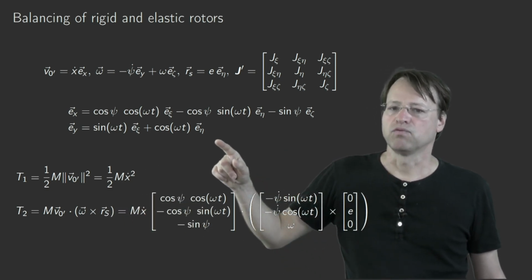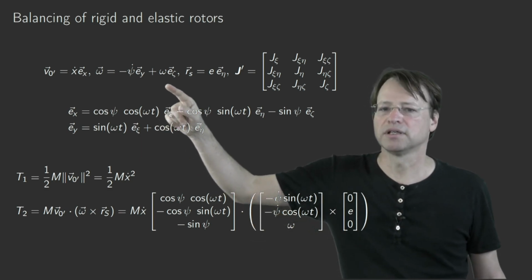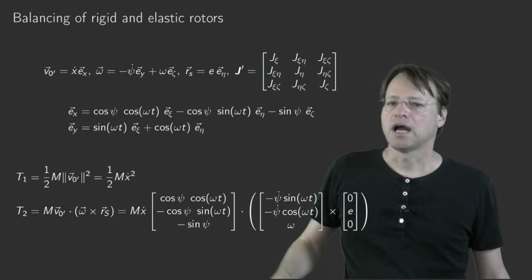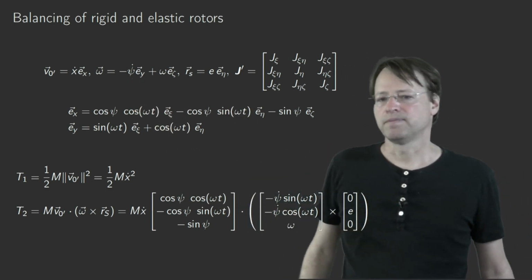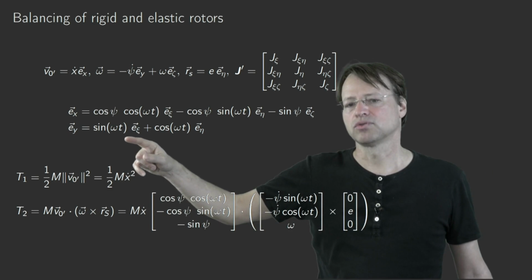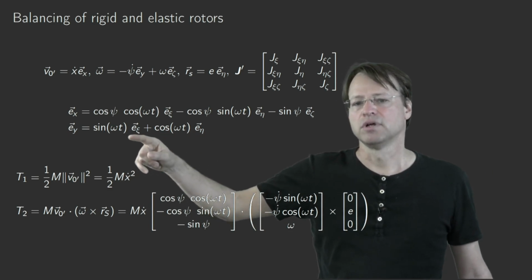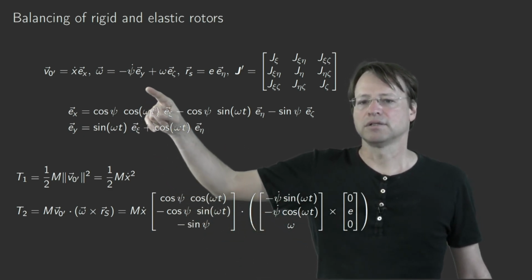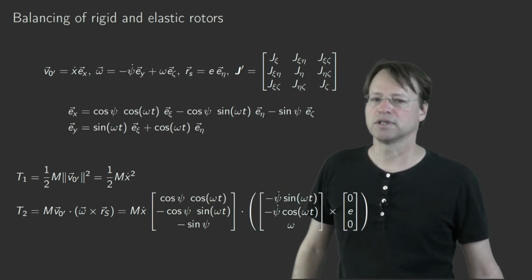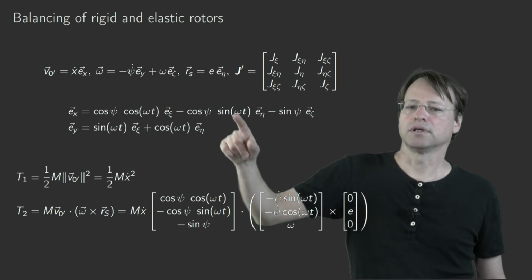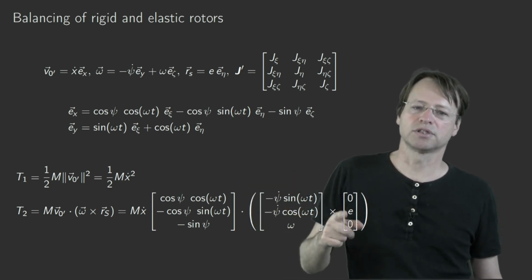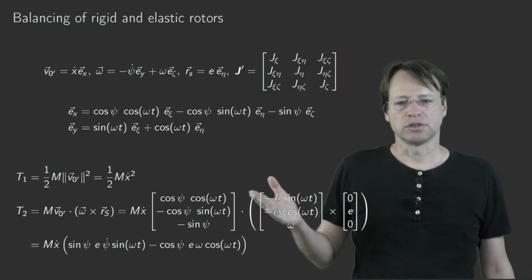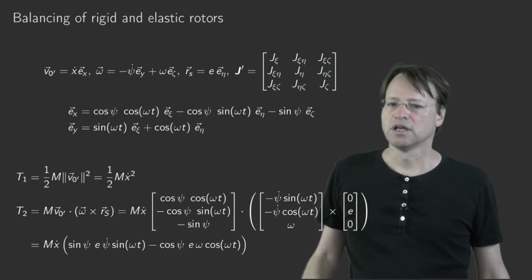For omega, we have one part that we do not have to transform. Where is it? Omega here. Omega E zeta is the last entry. However, the first entry with Y has to be transformed to the co-rotational coordinates. So therefore, we have sine omega t minus psi dot, first entry, and minus psi dot cosine omega t for the second entry. And we multiply with our nice vector Rs, because it's just O, E, O. Having all these computations done, which is now just technical to evaluate these two products, we arrive at the following